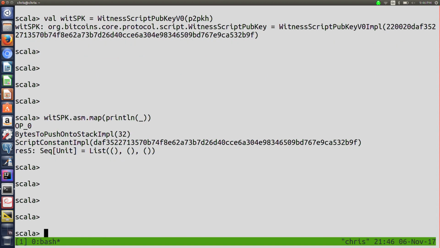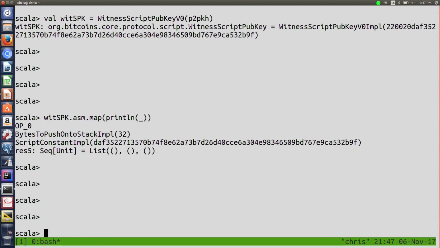So again, this looks a lot like the very first one I showed you guys. But the most important thing here is this op0. And what this means is this is a witness version 0. This is the first version of these contracts. So whenever we figure out something new, we can upgrade and say, okay, now we're talking about version 1, and we can use this cool new cryptographic algorithm or some crazy new smart contracting feature that's hopefully safe.